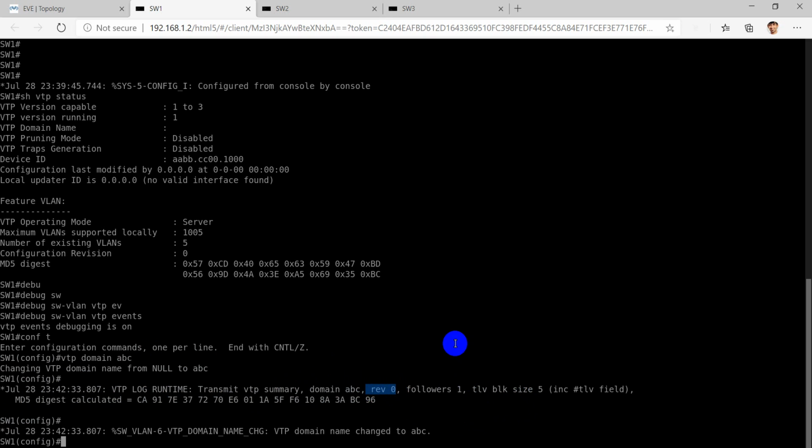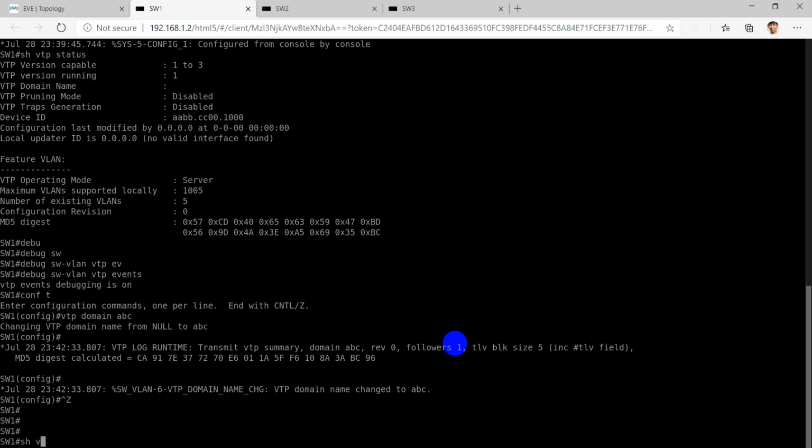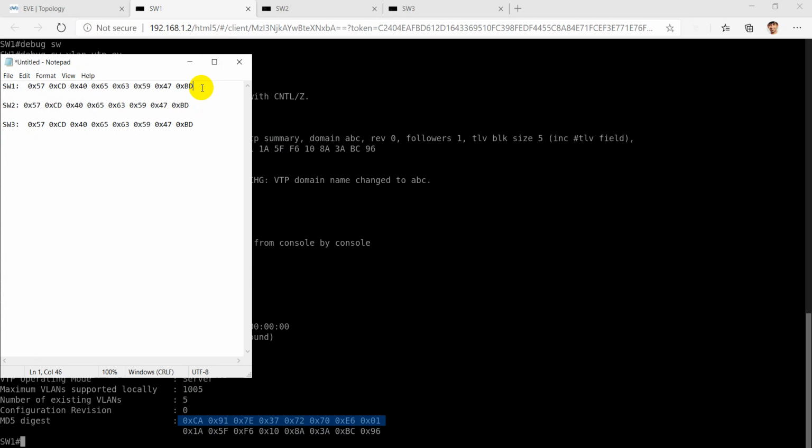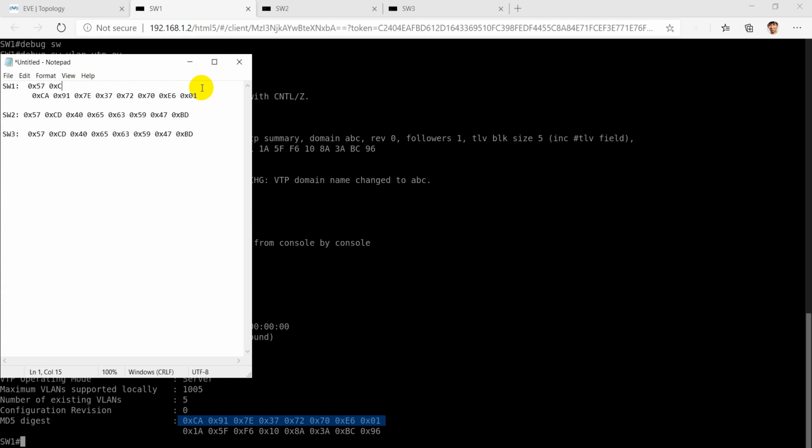Show VTP status. You'll see that on changing the domain name to ABC, there is no change in the CR number, but the MD5 value has changed. For switch 1, the MD5 value was this earlier. Let me paste this MD5 value here.